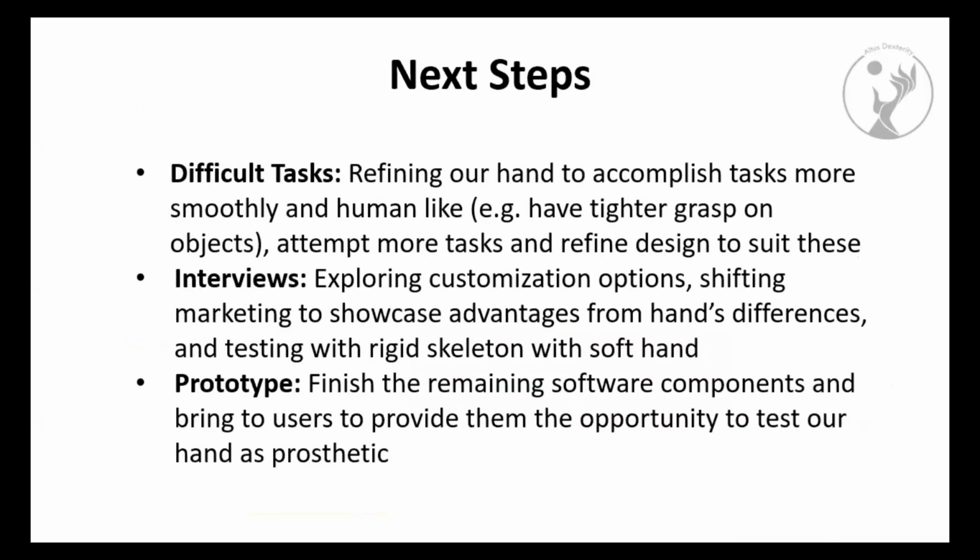So then basically after all of this, we had these 3 different things: doing the difficult tasks, the interviews, and the final prototype. Just to summarize, a lot of the next steps that we aim to complete based off of all this is first off refining our hand to accomplish the task more smoothly and more human-like,